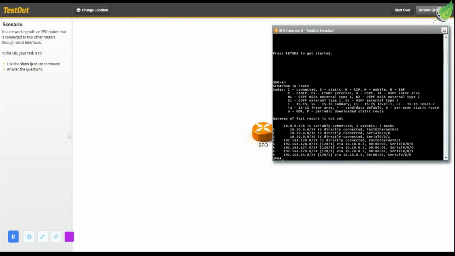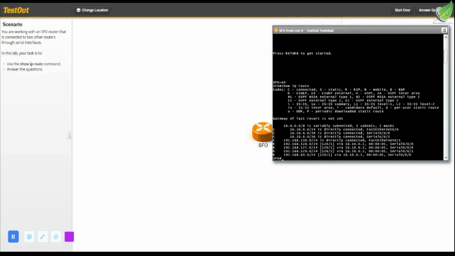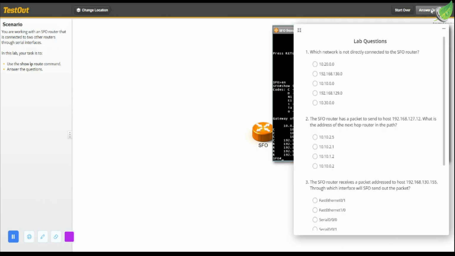some questions. Which network is not directly connected to the SFO router? And the answer to that will be, okay, so we need to get more information to help us answer the questions there. Let's check the questions again. Which network is not directly connected to the SFO router? That is going to be